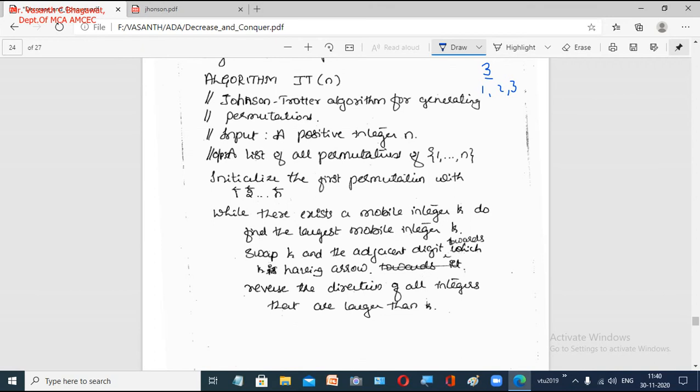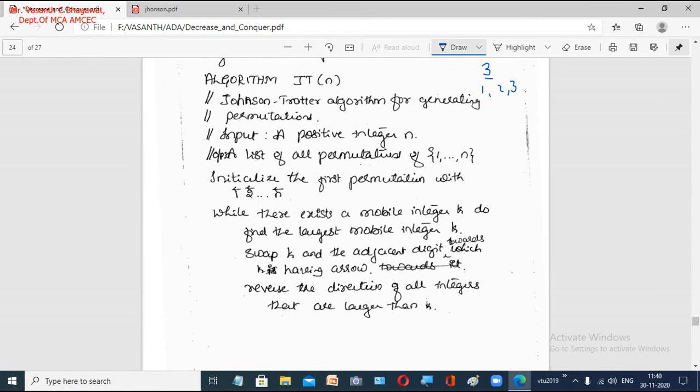Here we initialize with all the numbers in the given set, and we mark them with arrows. All the arrow marks will be from right to left, so initially we mark all the numbers in this particular direction.